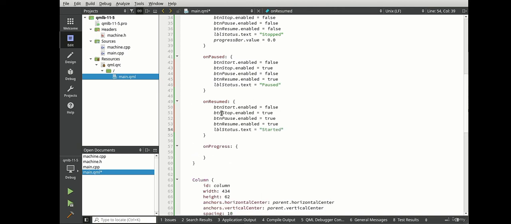All right, and last but not least, resumed. False, true. We do want to be able to pause, and we do not want to be able to resume. So basically just playing around with the GUI, making sure we got everything. Progress, we are almost done, I promise. And we're going to say progress